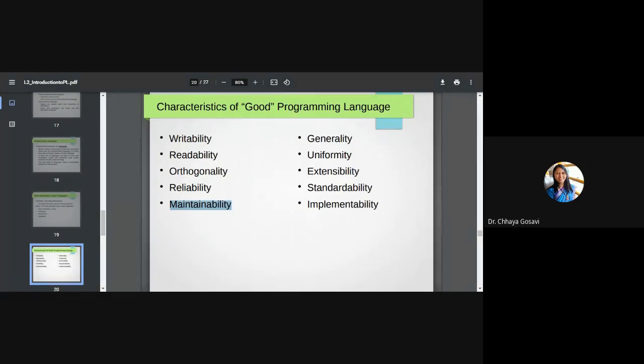So for such updates, the language should support them without putting everything in the trash, without starting from scratch. You should be able to enhance the current version, the current software, or upgrade to the new features. So that is maintainability. Or extensibility, it is also called extensibility. Software should be extensible. It should be able to support new features, new classes, new objects, etc.